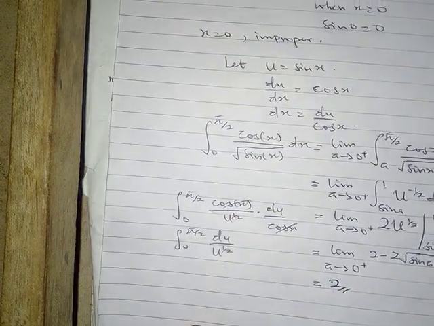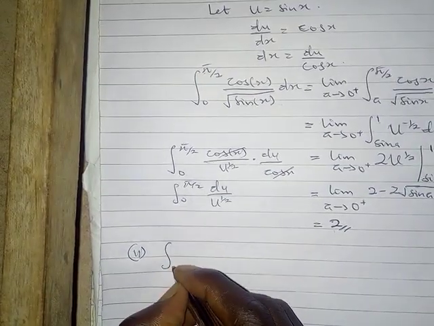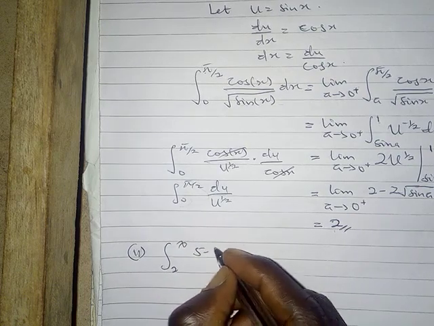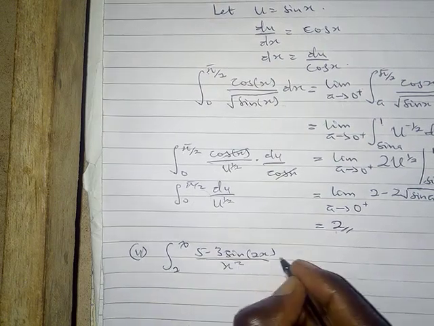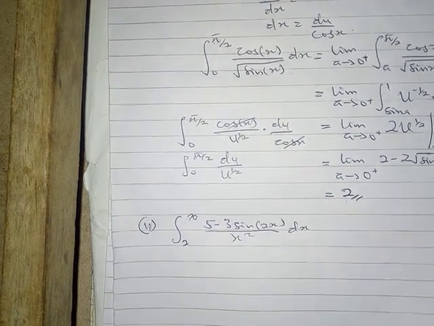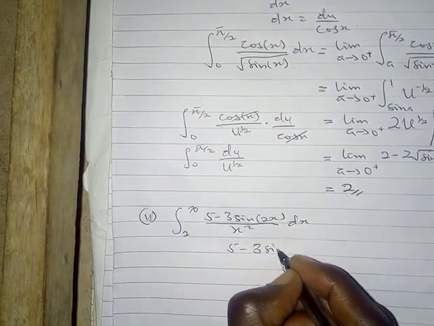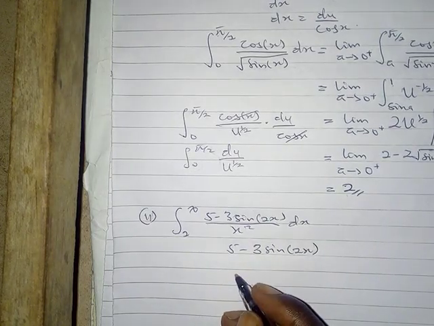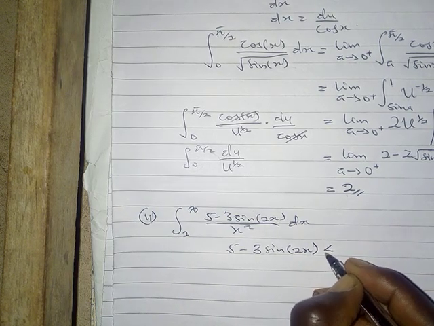Alright, so let's look at part II, where we have the integral from 2 to infinity of 5 minus 3 sine 2x all over x squared dx. Looking at this function, 5 minus 3 sine 2x, we know that this will always be less than or equal to